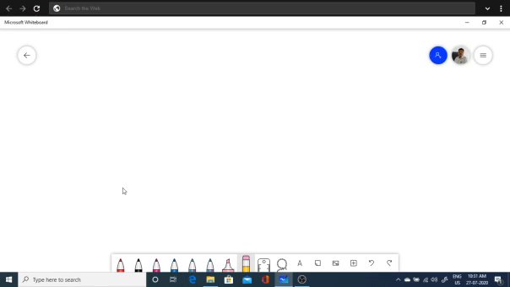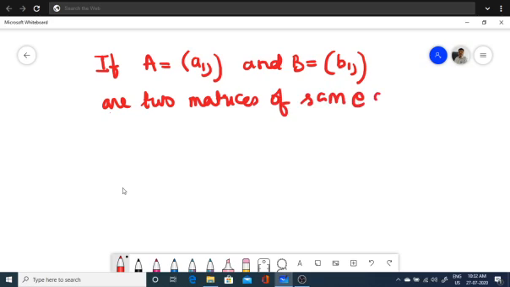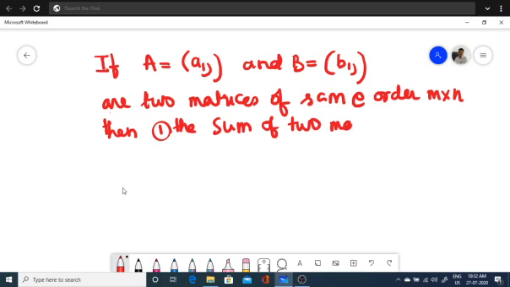So we conclude that if A is a matrix Aij and B is a matrix Bij, or two matrices of same order m by n, then the sum of the two matrices is defined as